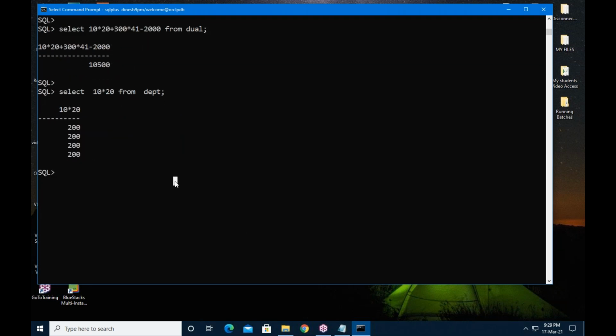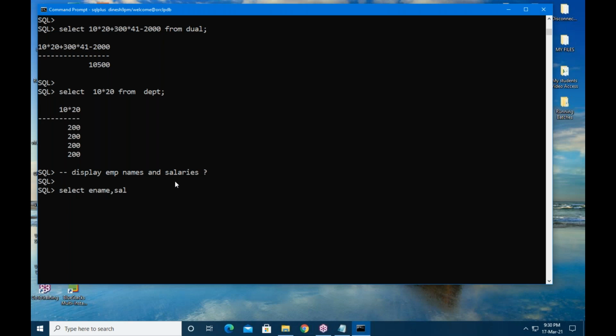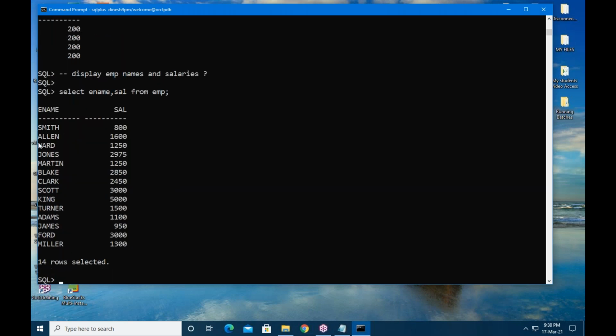And next one, let us say I want to apply arithmetic calculations on table data. Display employee names and salaries. First question, select ename, salary from EMP. This is my data actually.